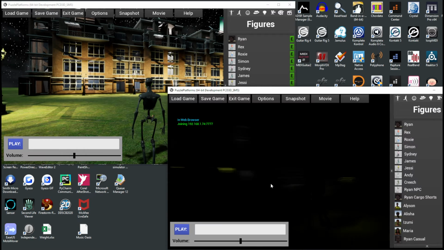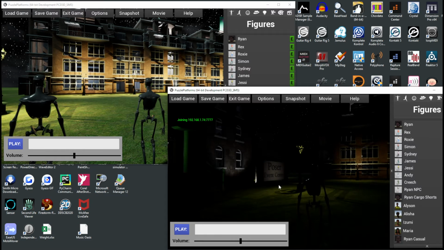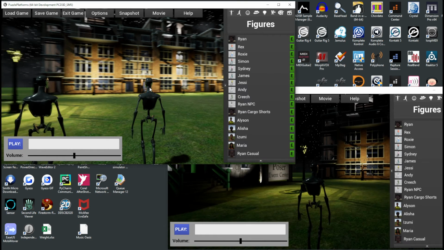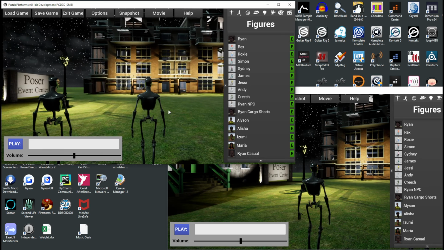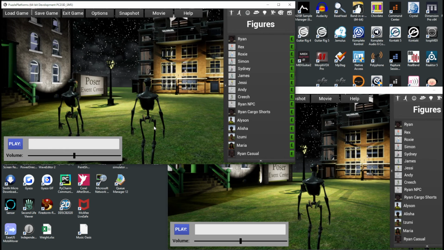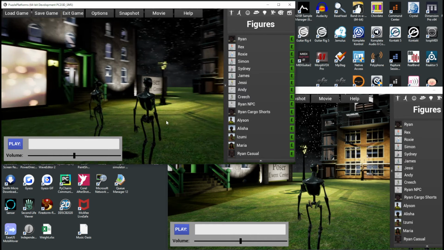So there it goes. It's going to launch it, and there he is. There goes the second character. Now, as you know, this is Andy, and Andy is kind of a generic skeleton. The reason I'm using this is to encourage people, when they first come in, to select a character so they don't want to run around looking like this all the time.